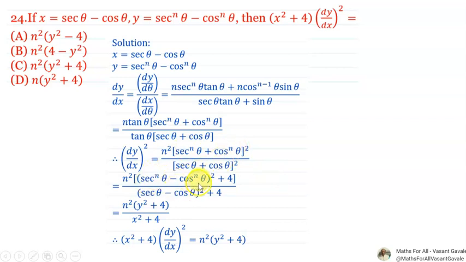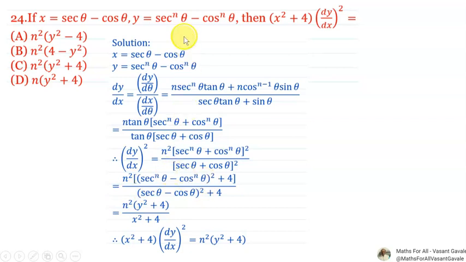sec theta raised to n minus cos theta raised to n bracket square, okay, plus 4, म्हणजे मायनस साइन त्या ठिकाणी ऍडजस्ट केलेलं. Okay, and to the denominator, sec theta minus cos theta bracket square, okay. Sec theta plus cos theta bracket square can be written as sec theta minus cos theta bracket square plus 4. हे तुम्हाला समजू शकेल, ते 10th स्टँडर्डचा जॉब येतो. Therefore here you will get n square in bracket, what is the value of y,